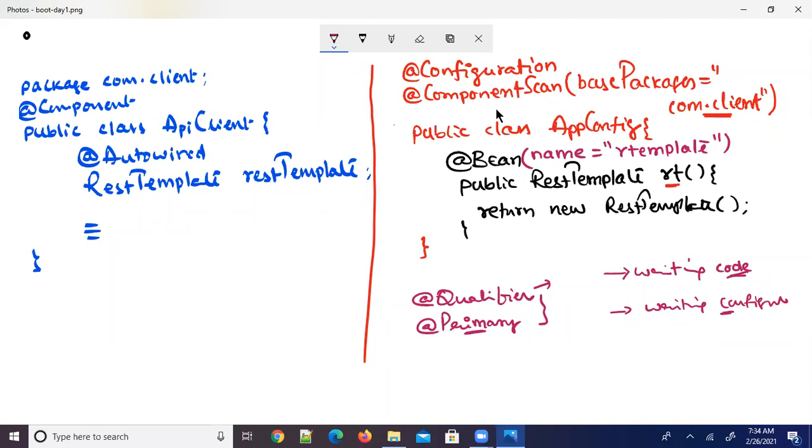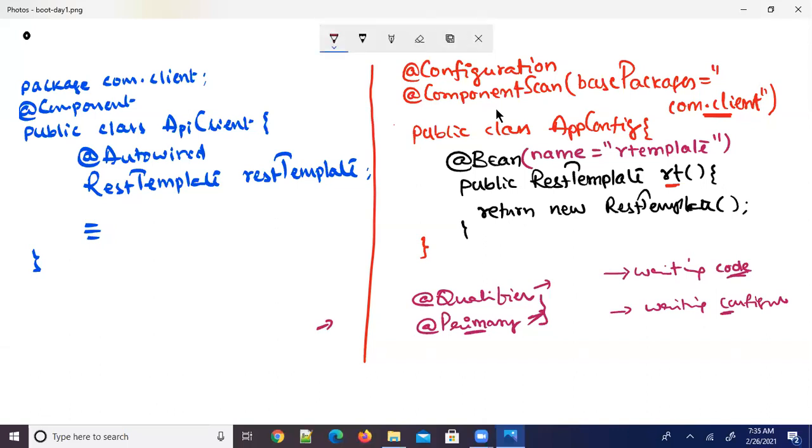And when writing the configuration, if you come to know that an ambiguity is going to occur, use the @Primary annotation to resolve it. By taking an example, I will explain @Qualifier and @Primary in tomorrow's session.